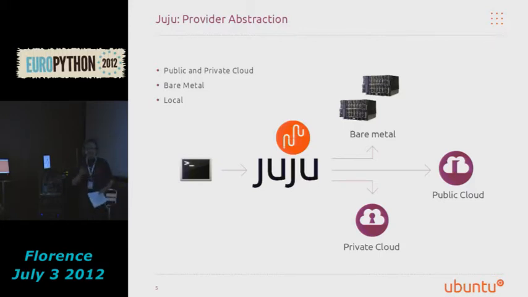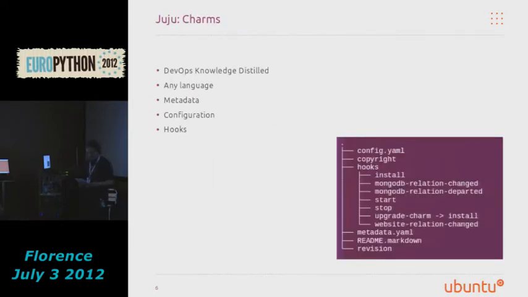Or you can use what we call the local provider. The local provider is really aimed at developers. So it allows you to run a full Juju environment to a limited scale on your own laptop. And it's great for iterating through development of Charms as you're testing and deploying your service before you go and spend some money in Amazon or buy some servers. So that kind of leads us in as to what's the complementary part of Juju that is Charms.